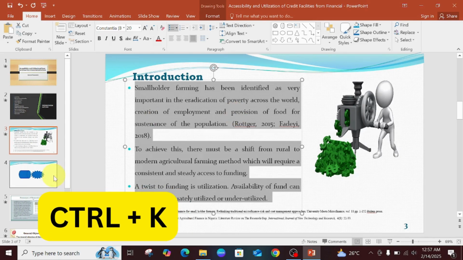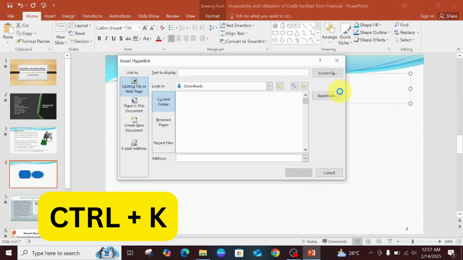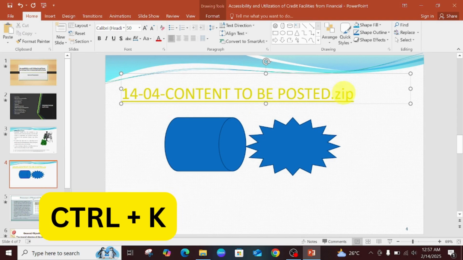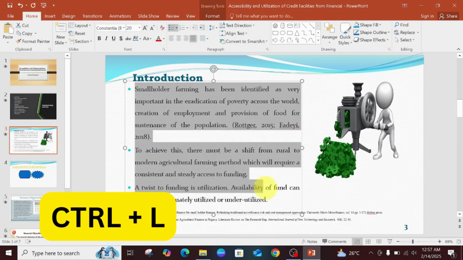Now the next thing is to add a hyperlink. When you want to insert a hyperlink, probably to bring up a particular thing from your document, you just do Control K. When you do Control K, it gives you what are the things you want to work on. Now I want to create a hyperlink from this, and this can lead us to that particular folder on the system. Now moving back to where we were, I'm reverting this to the center because we are moving to